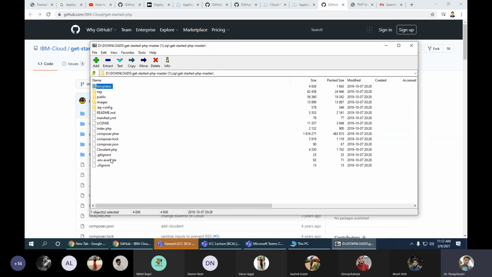So here I need to replace the file because there are a few files. First is the manifest.yml file. This is very important. If you don't have this file, your PHP application won't be uploaded to the server. The second file is composer, then cloudant PHP, and cfignore. So there are these 3-4 files which are compulsory and we need to have them. So what you can do here is just unzip this folder and update the index.php file. That's it. Keep all the files the same. And then you need to apply the push method to upload it.